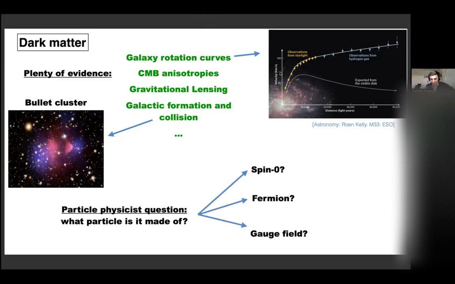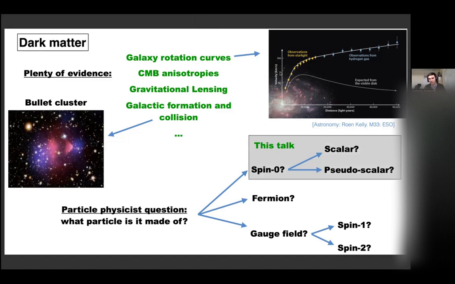There are various things it could be made of. I mean, we have no idea, right? We have some candidates that we know of for matter particles, and we say, might it be a spin 2, a spin 0 particle, sorry, a fermion or gauge fields? And within these classes, there are obviously subclasses as well. So can it be a scalar or pseudoscalar? What spin does it have if it's a gauge particle, etc.? Very good. And so in this talk, I focus on the possibility that dark matter is actually made of a scalar or a pseudoscalar particle, which is one of the simplest cases you can consider.